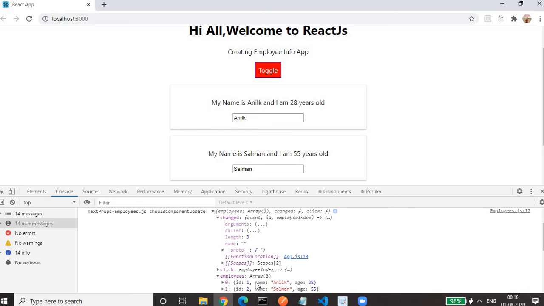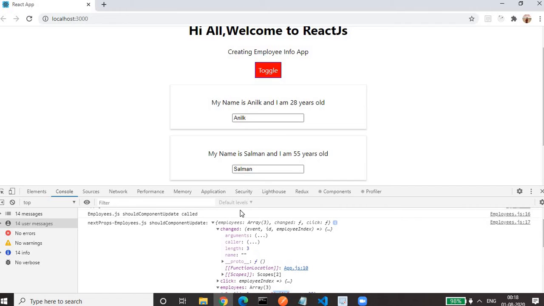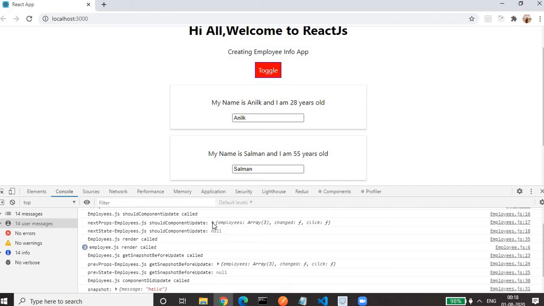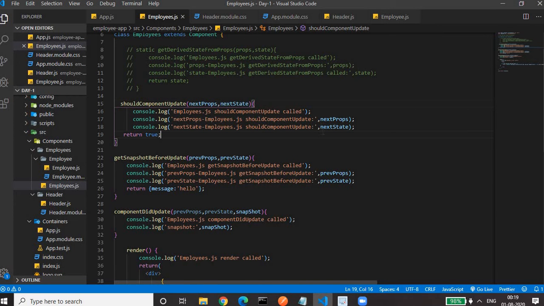If you see, the name is Anil K, the new prop. Earlier it was Anil, but now it is Anil K. And for the state we will get null. We are console logging the state also. Because there is no state, it is coming null.